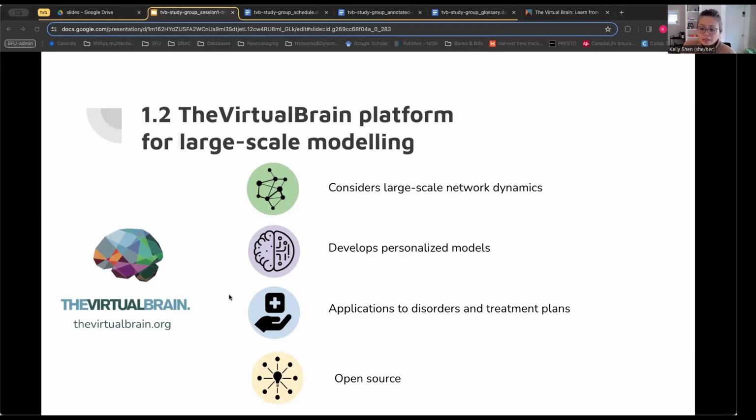It can be applied to disorders. It can be used to test treatment plans or interventions, and it's also open source. And that's a large part of